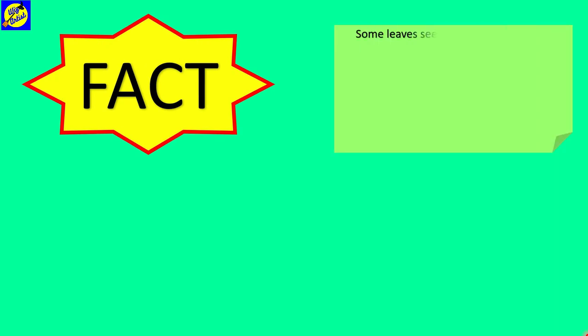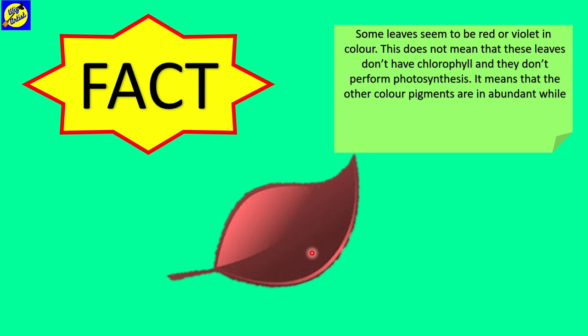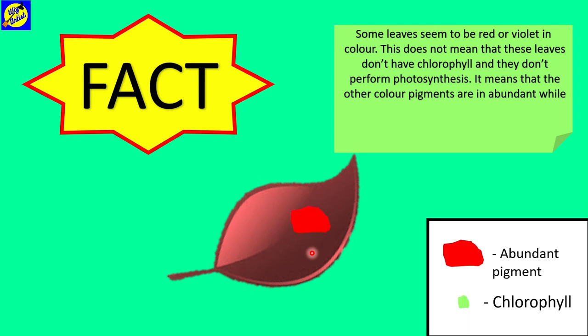Now here is a fact for you all: some leaves seem to be red or violet in color. This does not mean that these leaves do not have chlorophyll and do not perform photosynthesis. It means that the other color pigments are abundant, like this pigment here, which is present more, while chlorophyll is hidden beneath those